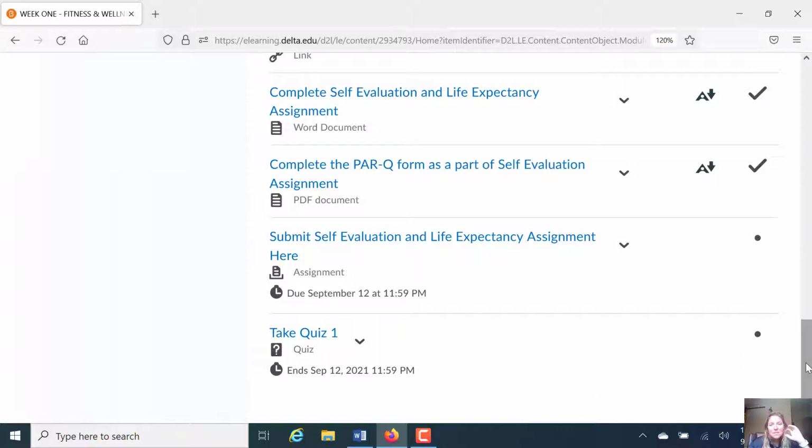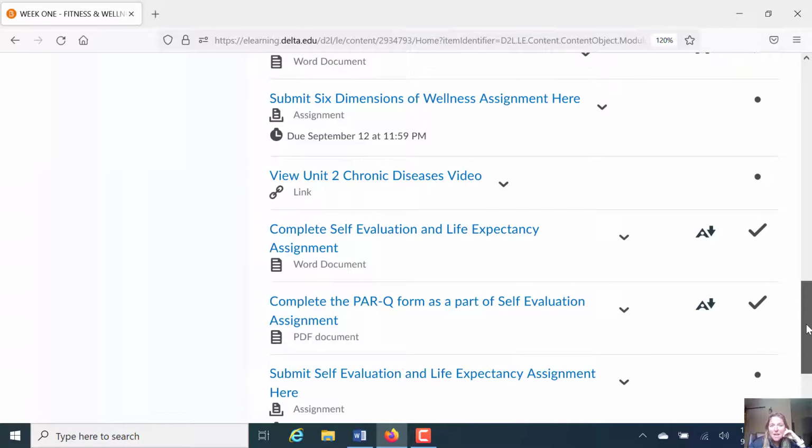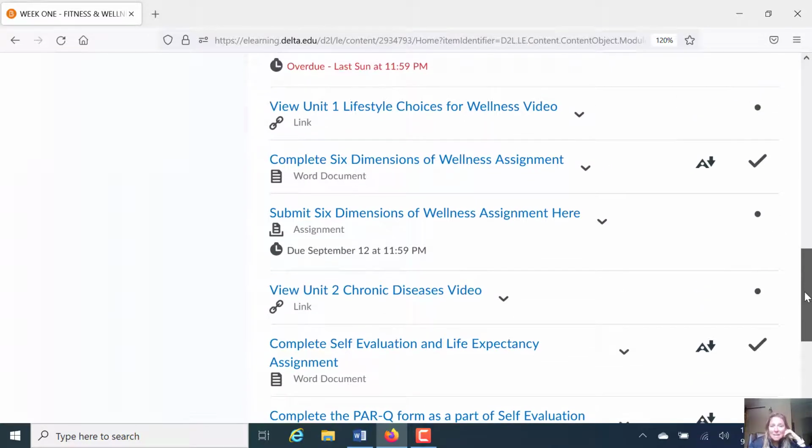Please note that all of these assignments are due by Sunday, September 12th, 11:59 p.m. So to avoid any late penalties, you want to make sure that you are completing those assignments and uploading them into the assignment folder before the deadline, okay?